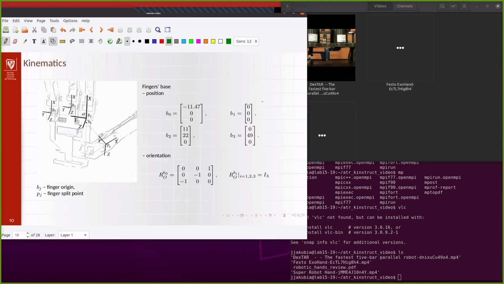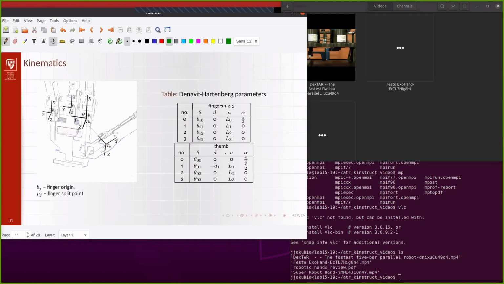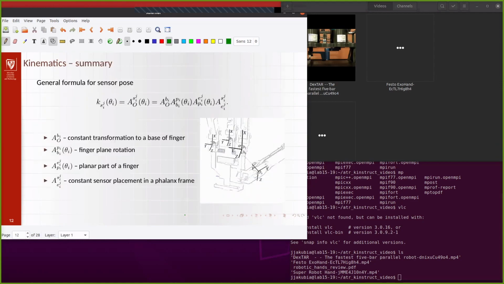Of course, you can take some parameters. They are not really important in that case, but you can use again the Denavit-Hartenberg representations for all of the parts, and then you get the formulas for the calculations. And in fact, that's important to look at,